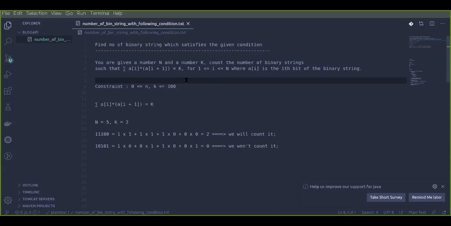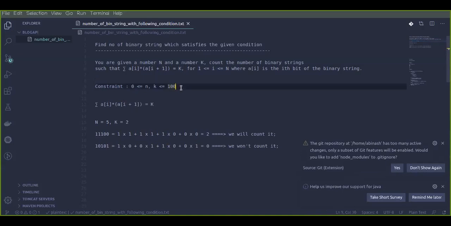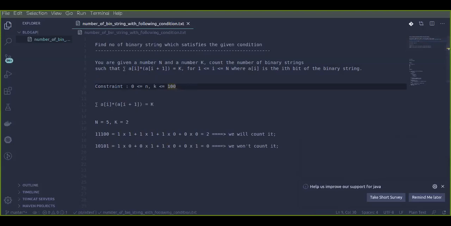So basically, let's look at the constraint. The i that I have written right here varies from 1 to n, where n is the total length of the binary string we're talking about, and for the constraint, both n and k will vary from 0 to 100. It is the lower and upper bound.